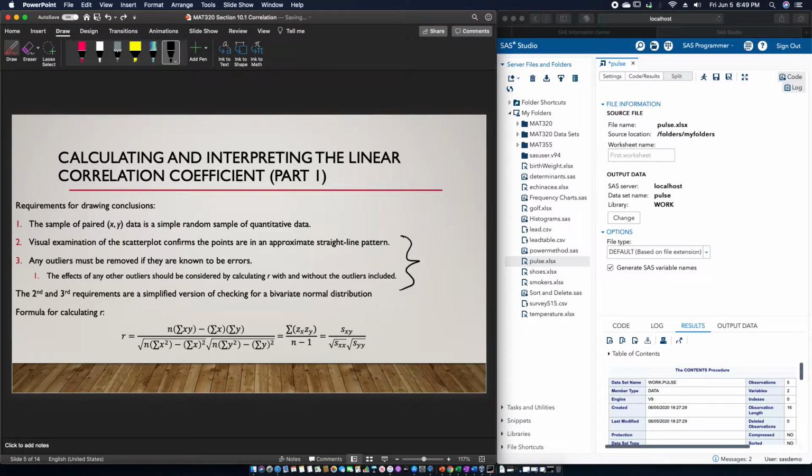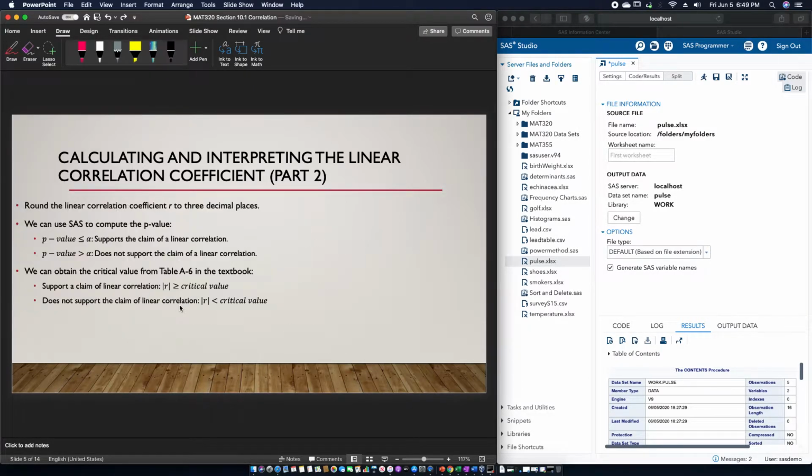But as you can tell by the fact that this is such a complex looking calculation, SAS could do this for us. But we would round that correlation coefficient to 3 decimal points as needed. The p-value, which we could also get in SAS, if it's less than or equal to alpha, we could support the claim of a linear correlation, and if it's greater than alpha, it does not support the claim of a linear correlation. We could also use Table A-6 in the textbook as well to get the same